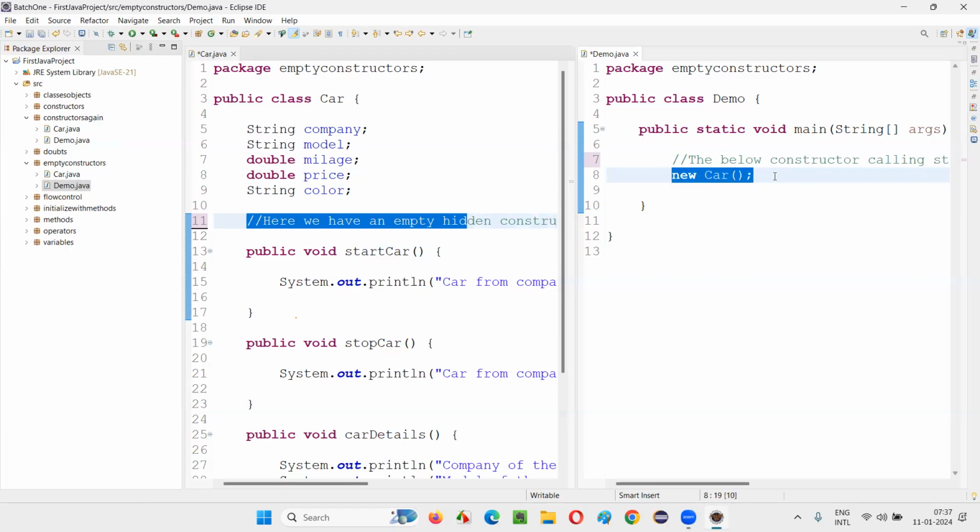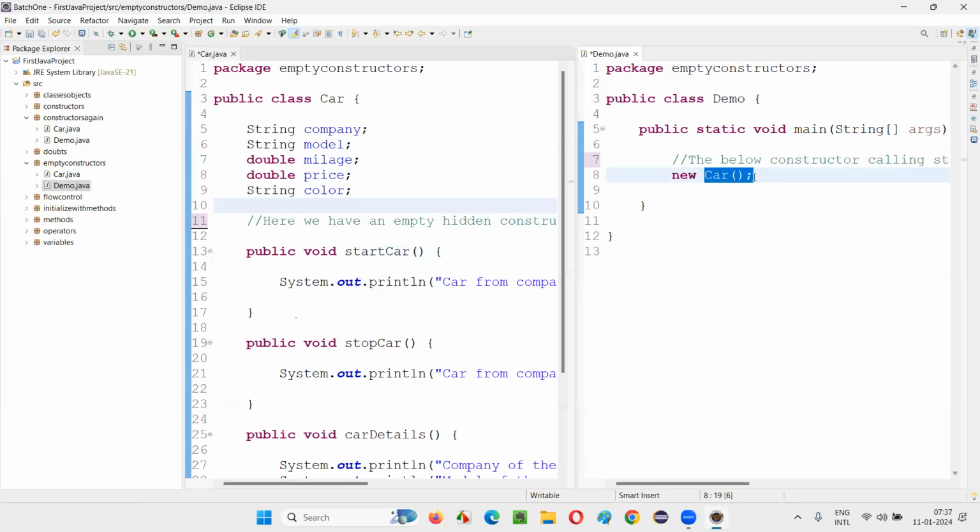The object creation statement by default has a constructor calling statement. But if there is no constructor, this will give you an error. To overcome that error, Java is maintaining a hidden empty constructor for you internally. Able to understand now? But there is no use other than that.